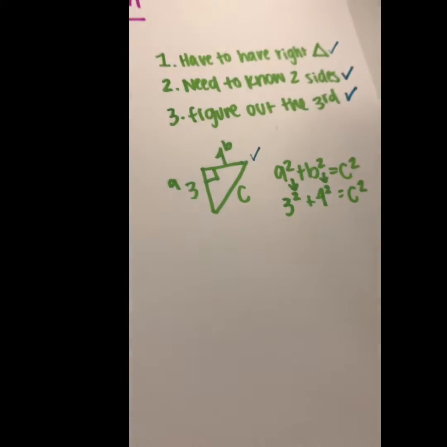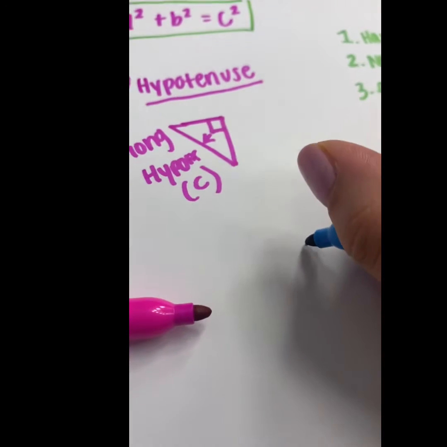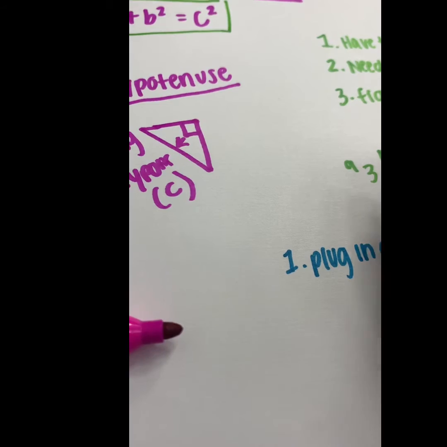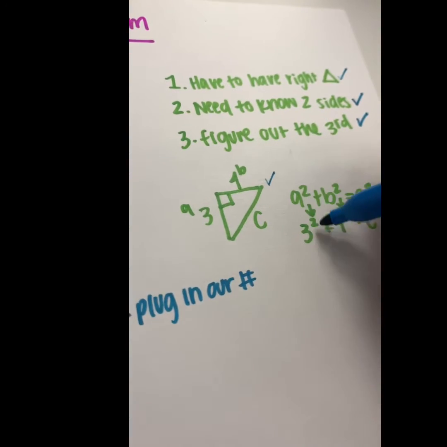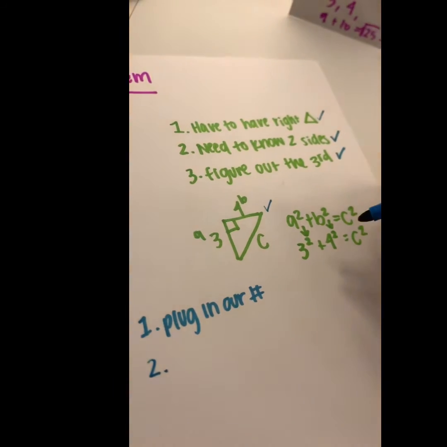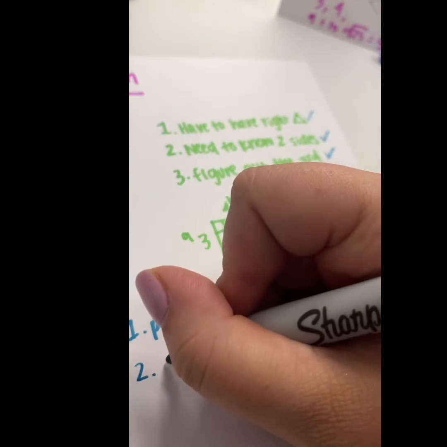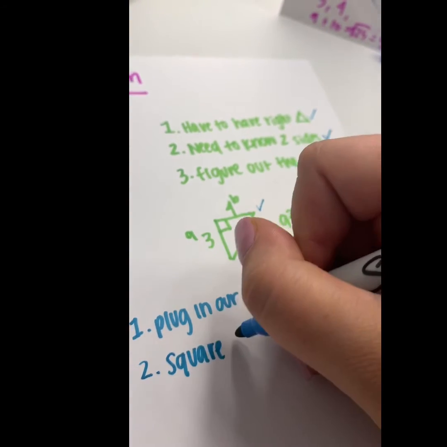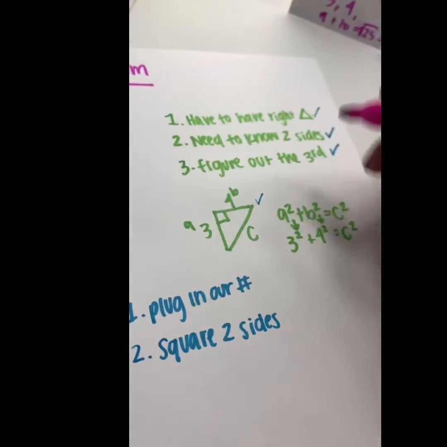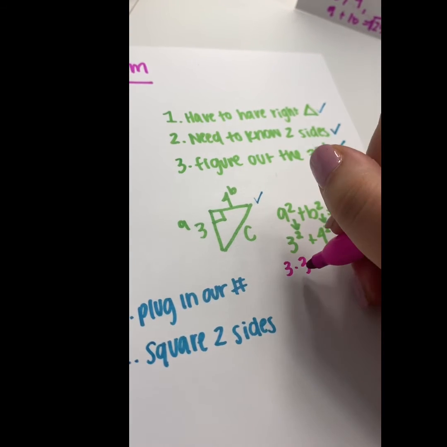So in order to do that, step one was to plug in our numbers, which we did. We plugged in 3 and we plugged in 4. Okay, so now we need to know step 2. Step 2 is to square the two numbers that you know. So square two sides. Okay, so we're going to take 3 times 3, or also known as 3 squared, and